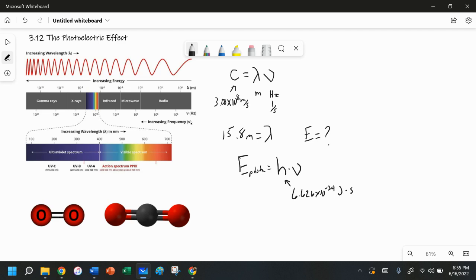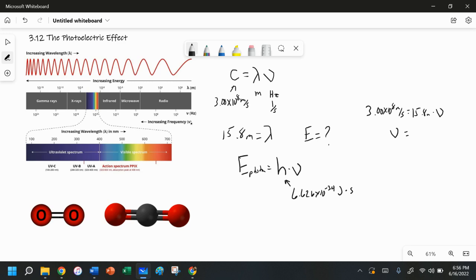So to calculate the energy of this photon with a wavelength of 15.8 meters, we first need to know what the frequency is. Notice I gave you the wavelength. So we need to go back here and calculate the frequency using the equation that I gave you earlier. So let's go ahead and do that. Speed of light is 3.00 times 10 to the 8th meters per second. The wavelength is 15.8 meters, and we're calculating the frequency. So we just need to rearrange this equation, divide the speed of light by 15.8. So 3 times 10 to the 8th divided by 15.8 gives us